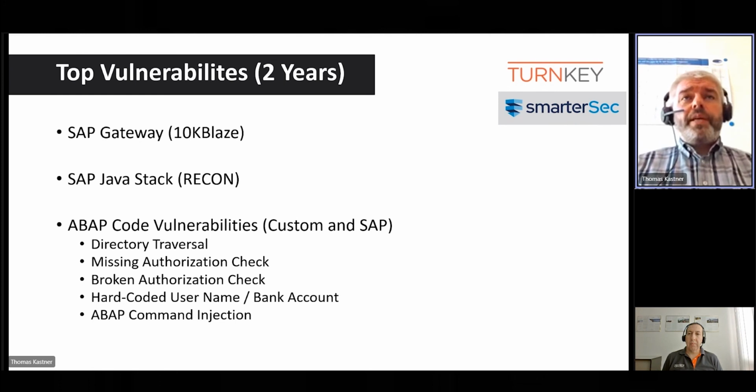It's the so-called 10K Blaze, and the other one is called Recon. Those are the most known and most important vulnerabilities that have been out there just a year ago, I guess. Yeah, a year ago.